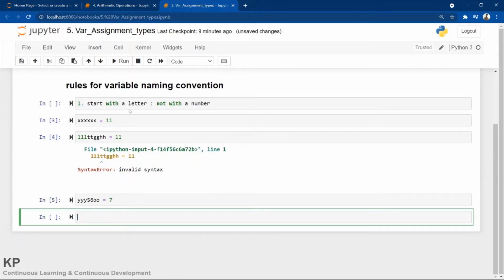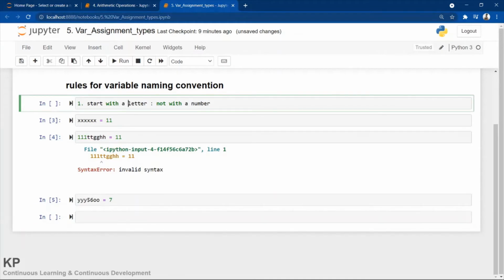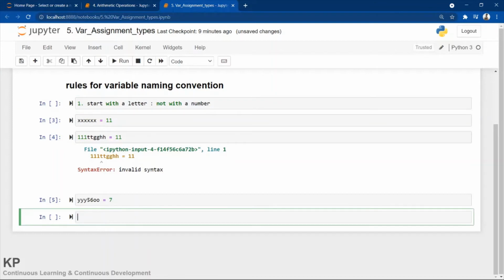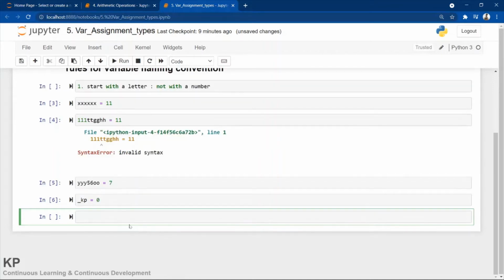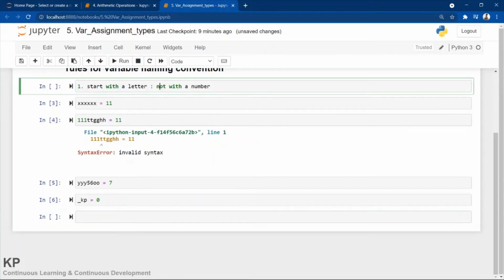You can start with a letter, not with a number. Let us check for underscore. Suppose I am giving underscore kp equals to something like 000. Yes, this is possible. You can start with underscore also, but not with a number.